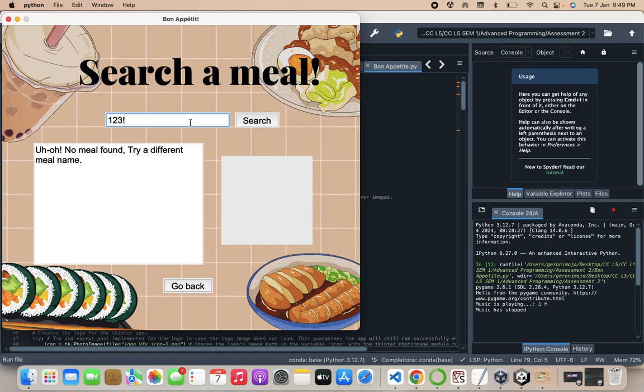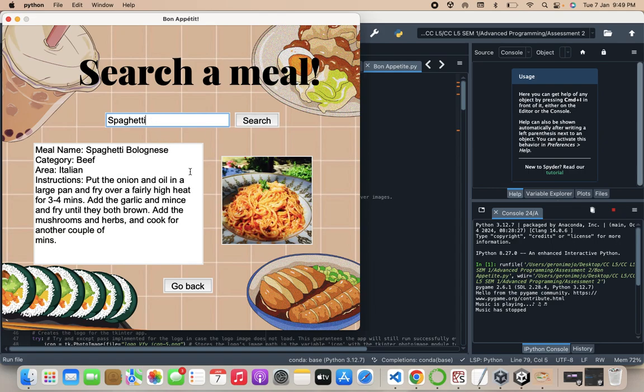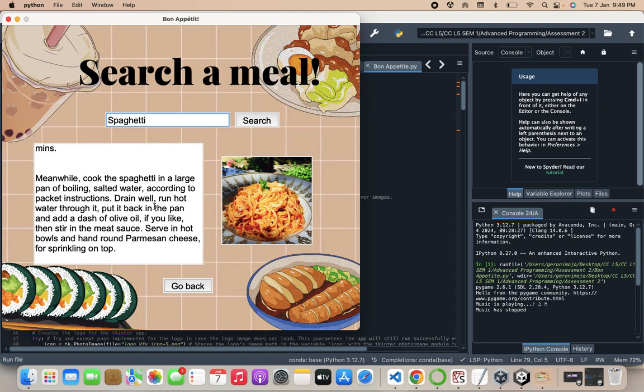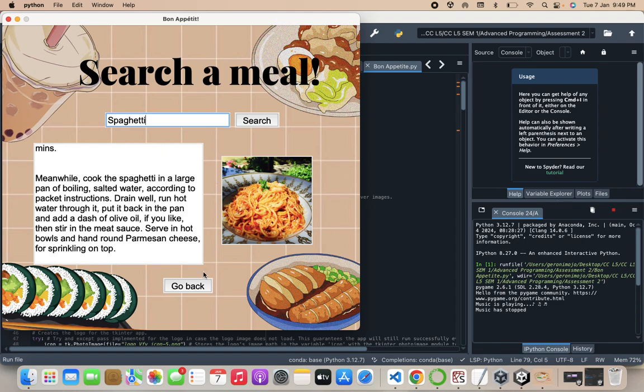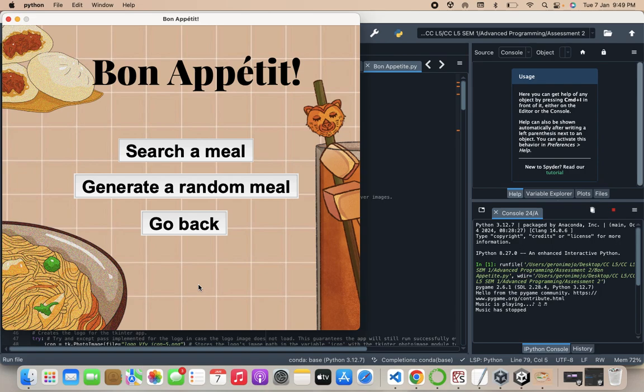If you try another one that is correct, for example, spaghetti, again, oh, I did not search that before. If I try spaghetti, it works again. It displays the meal correctly and its image. So if we go back and try